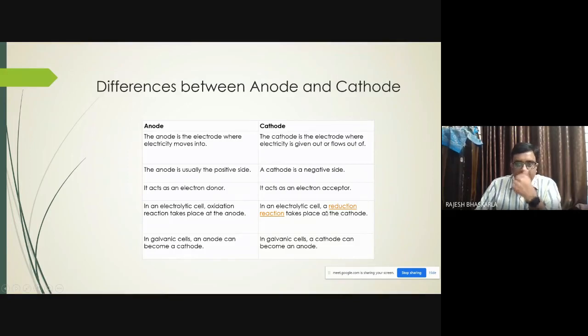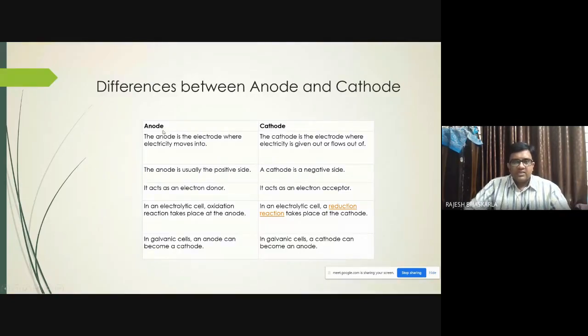But here this is not an electrolytic cell. A rechargeable cell is different. I told you in a galvanic cell these processes will be reversing. So that is why you have to understand that in electrolytic cells, the anode becomes a negative electrode and the cathode becomes a positive electrode when these reactions happen. You can see in galvanic cells an anode can be a cathode, and a cathode can be an anode. So these two statements you have to remember. But for our operation these are not required. What I mean to say is you also try to adopt the words positive electrode and negative electrode, or else you will be getting confused.